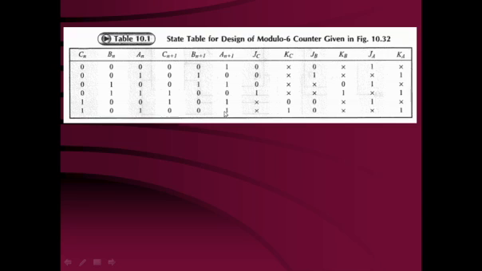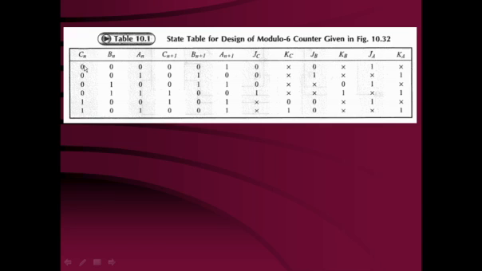Remember, now you have to see that flip-flop C makes a transition from Cn to Cn plus 1 after one clock pulse. The clock pulse is given to all the flip-flops simultaneously. That means the first clock pulse is available to flip-flops C, B, and A in synchronism. So for the first clock pulse, C is responding according to its inputs, B is also responding according to its inputs, and A is also responding according to its inputs.